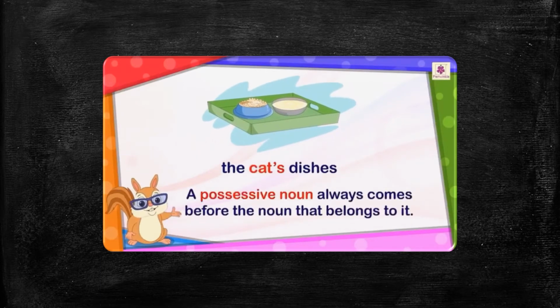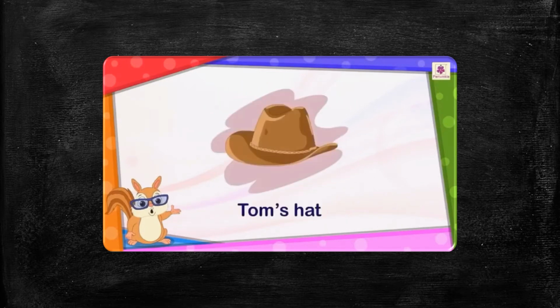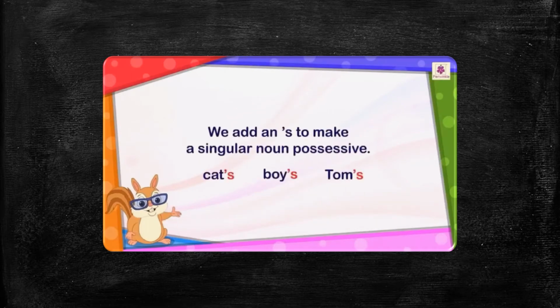A possessive noun always comes before the noun that belongs to it. For example, Tom's hat. The word Tom's is the possessive noun. Certain rules are followed to form possessive nouns. We add an apostrophe S to make a singular noun possessive. For example,